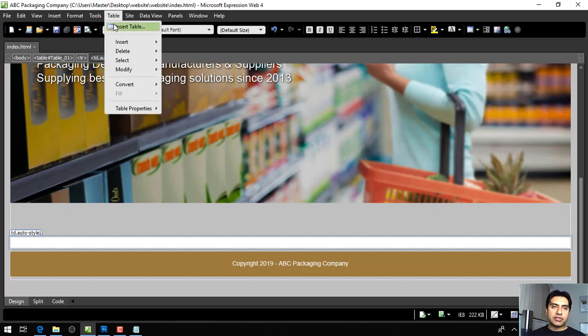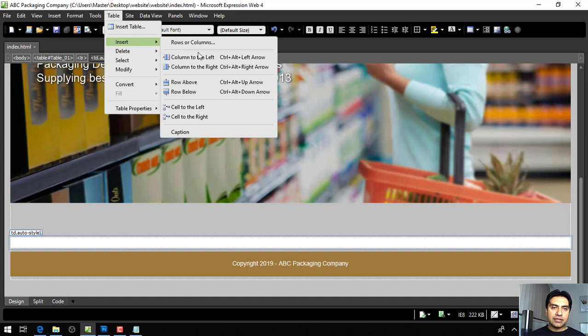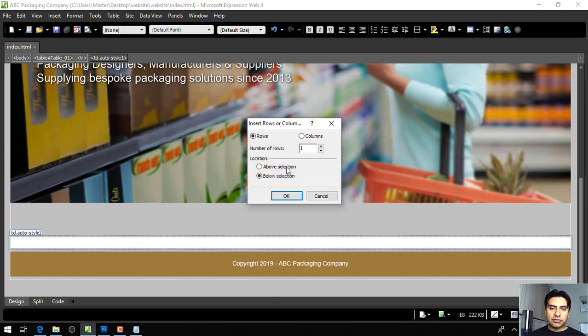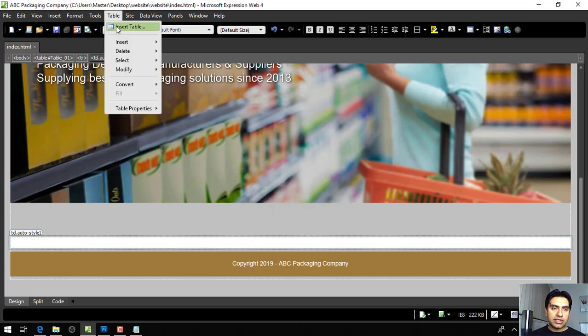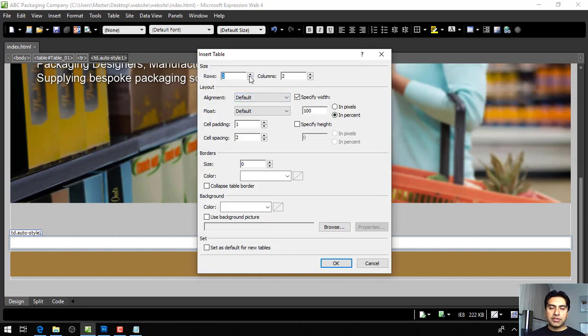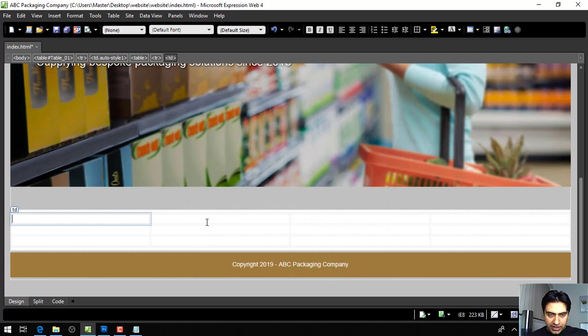The next thing you're going to do is edit a table here. I'm going to use insert table. I'm going to use 3 rows and 4 columns. You'll know exactly why I'm doing this. What it does is give me 4 columns in 1 row, and it gives some margins on the top and bottom. So I'm going here,